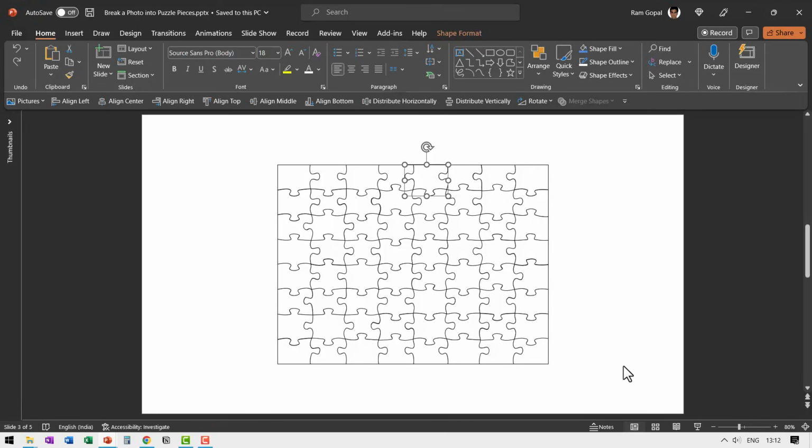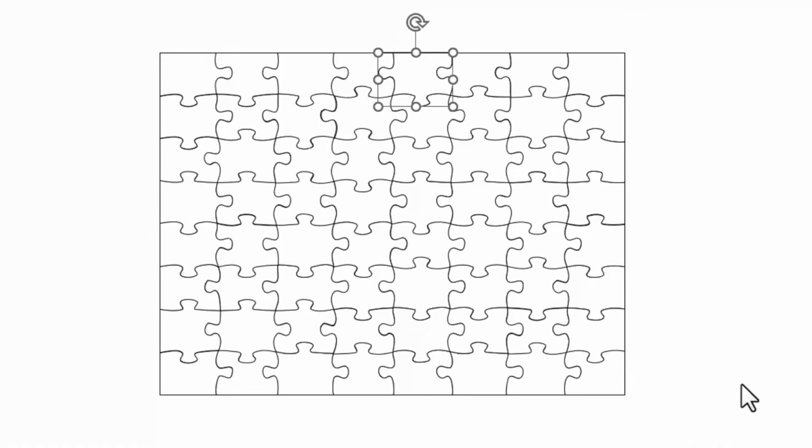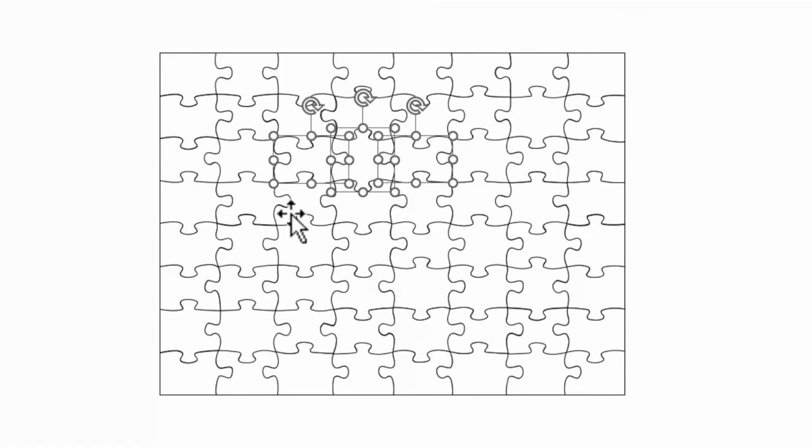Now I don't really prefer to break my photos into these many pieces. That would be an overkill. So I prefer to break them into say 9 pieces. So I'm going to pick up the pieces from the center. So let me select this, hold the shift button down, select this,